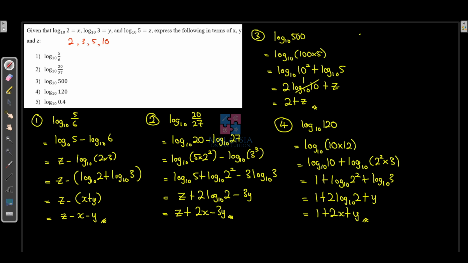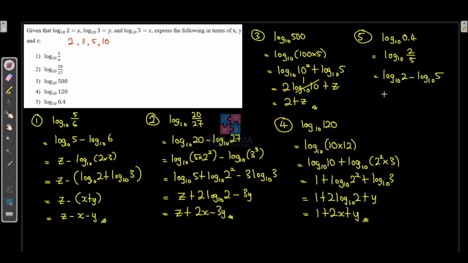And finally, for part 5, log base 10 of 0.4. What is this? We can change this into a fraction first. If you write 0.4 inside your calculator, you will get 2 over 5. Whenever you have a fraction like this, it's better to change it straight away to the fraction. Then this is going to be log base 10 of 2 minus log base 10